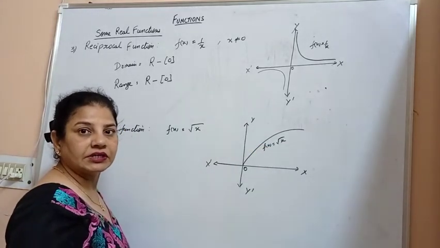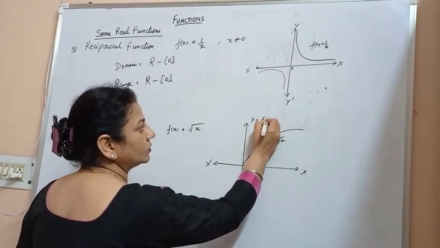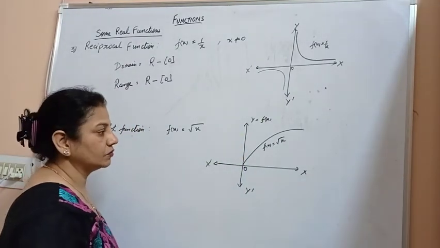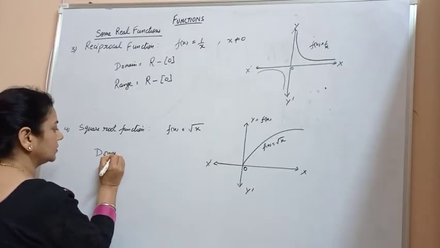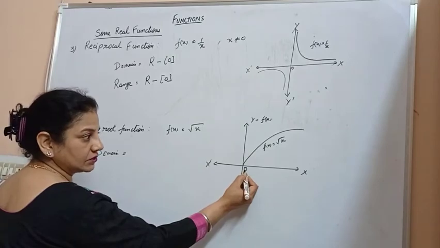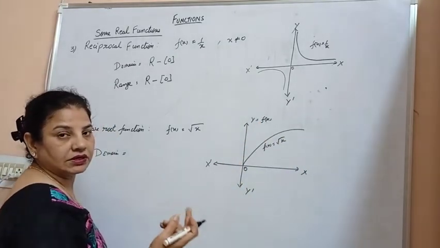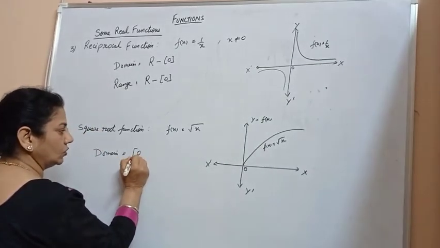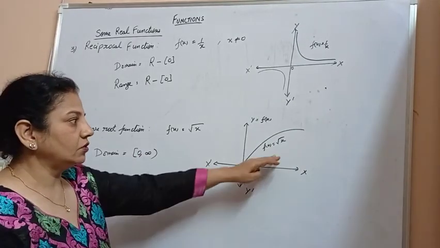Square root 2 is an irrational number, which is a kind of real number. We know that f(x) is the value of y itself. So we can say that in this case the domain of this function is 0 to infinity, since we give the value x as 0 onwards, because we cannot give a negative value as it won't give us a real number. The domain of this function is 0 to infinity.